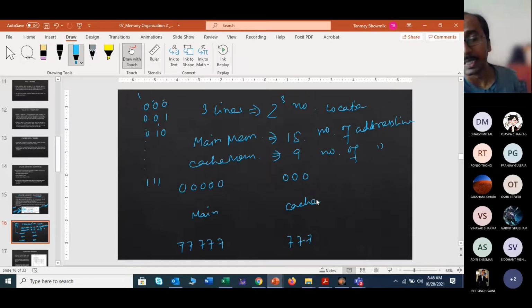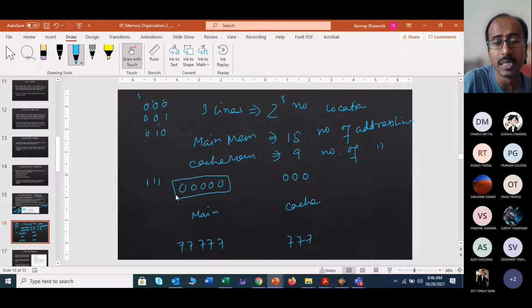Okay. Now, what is being considered in the tag and index concept? They were saying that in your whole main memory bit pattern, there will be some section that will remain static, and there will be some that will remain dynamic. In that reference, they are basically dividing the main memory bits into some sections as tag and some sections as index.